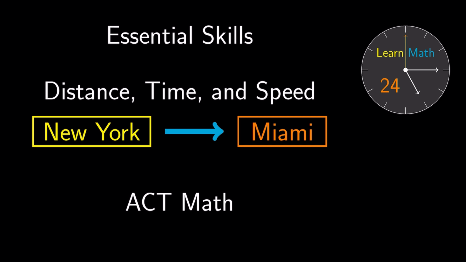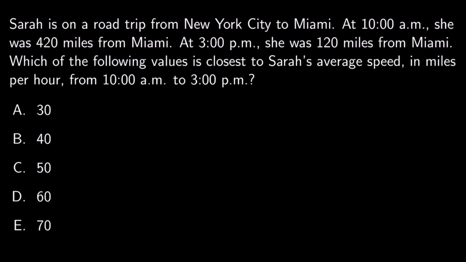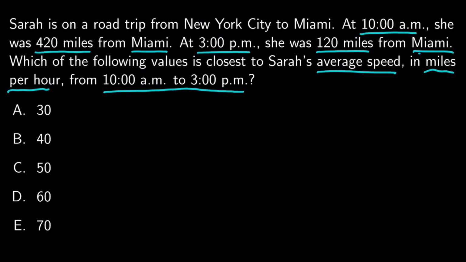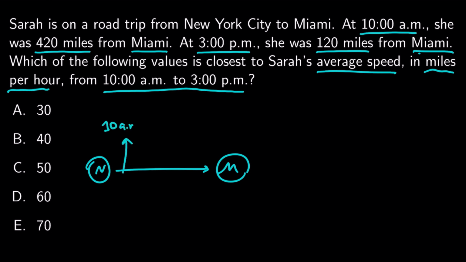In this video, I'm going to solve a typical problem from the ACT math test that involves distance, time, and speed. Here's an example. Sarah is on a road trip from New York to Miami. At 10 a.m., she was 420 miles from Miami. At 3 p.m., she was 120 miles from Miami. Which of the following values is closest to Sarah's average speed in miles per hour from 10 a.m. to 3 p.m.? Well, while traveling from New York to Miami